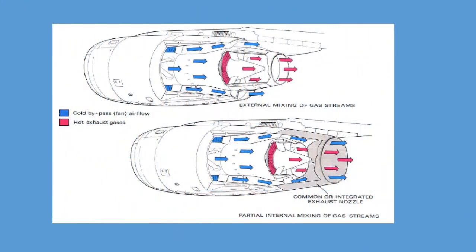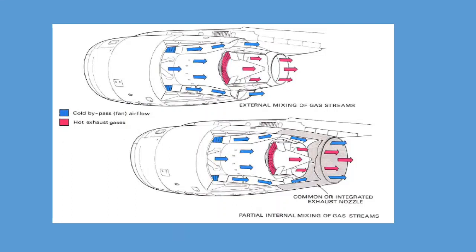Now, on fan or bypass engines, as you can see in these pictures, two gas streams are vented to the atmosphere. High temperature gases are discharged by the turbine, while a cold air mass is moved rearward by the fan section. In a low bypass engine, the flow of cold and hot gases is combined in a mixer to exit the engine. A high bypass engine typically exhausts the two streams separately through two coaxial nozzles.